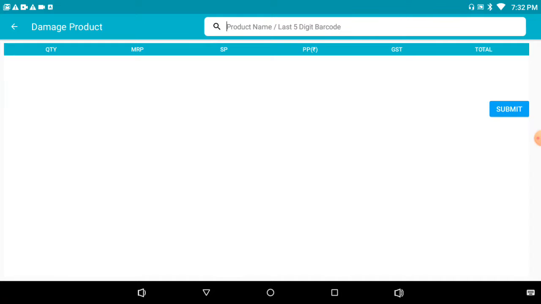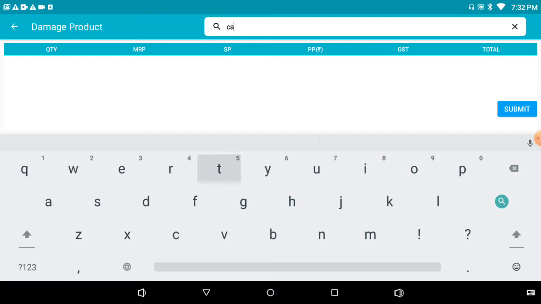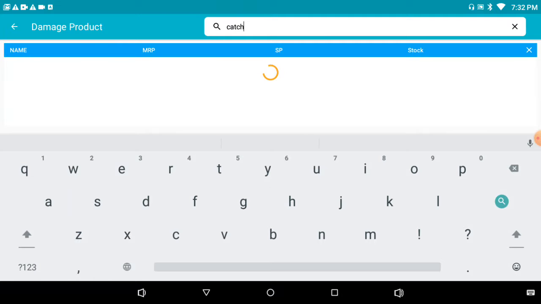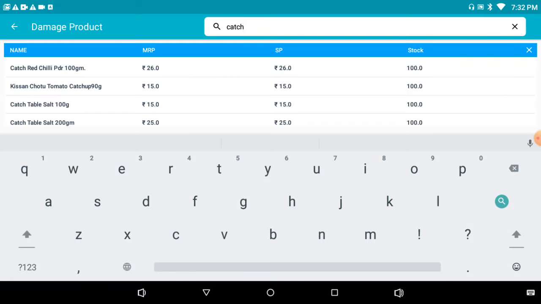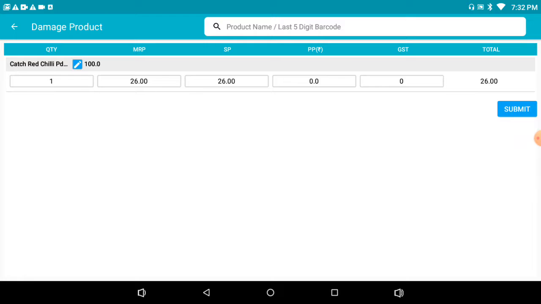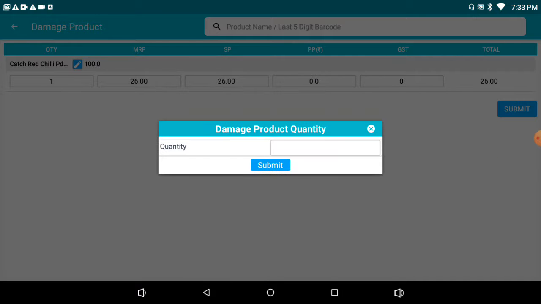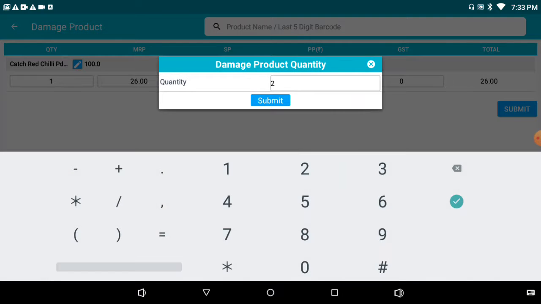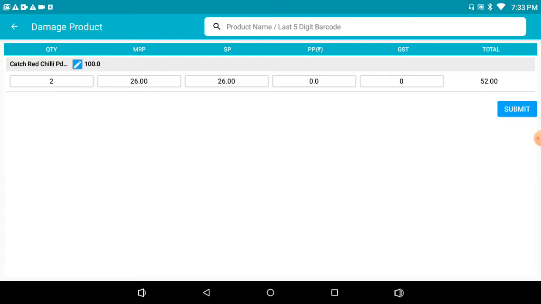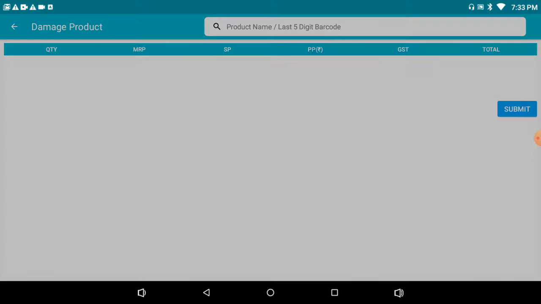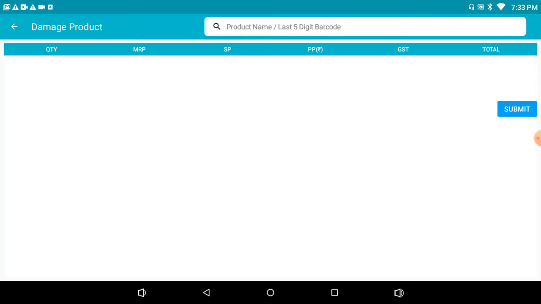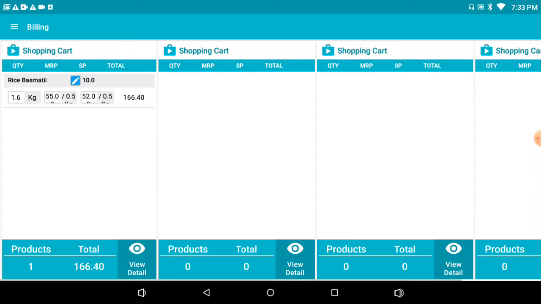We can simply search for the product, or we can scan the barcode of the product as well. As we search for this product, we can change the quantity as per our need. Once we have done that, we can simply click on submit, and this product will fall under the damaged product section.